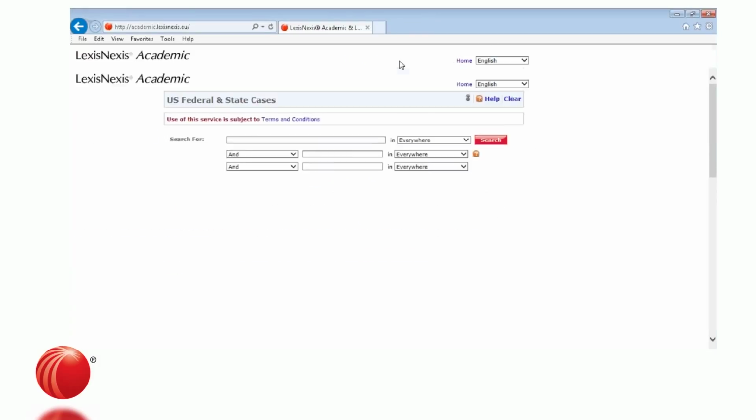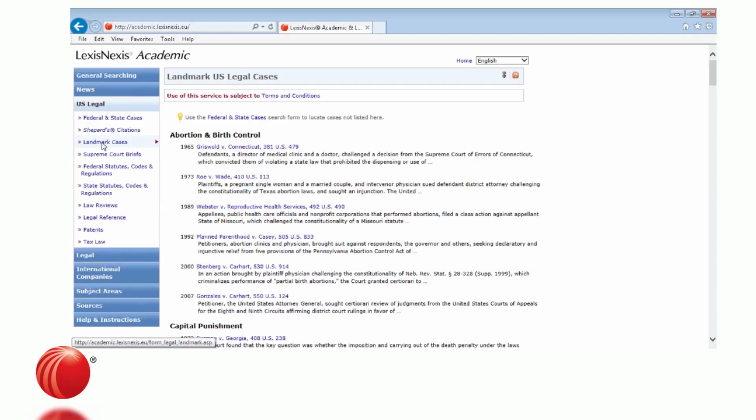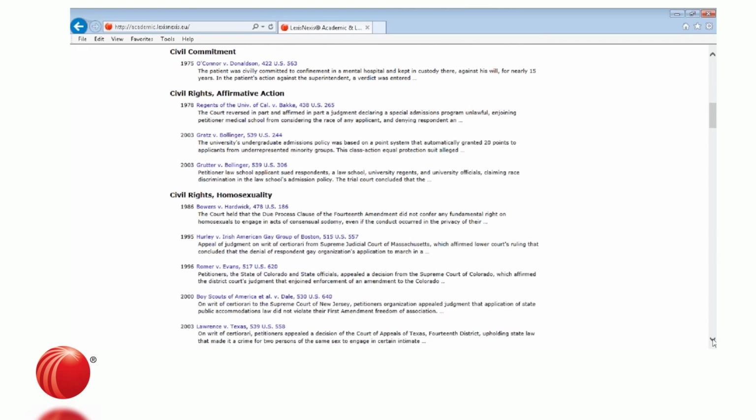I'm going to edit my search, and I want to point out a great feature, and the feature is landmark cases. I'm going to click on the hypertext link for landmark cases. And what we've done is we've created a list of just that, landmark U.S. Supreme Court cases. They're organized by topics. So if I scroll down till I get to